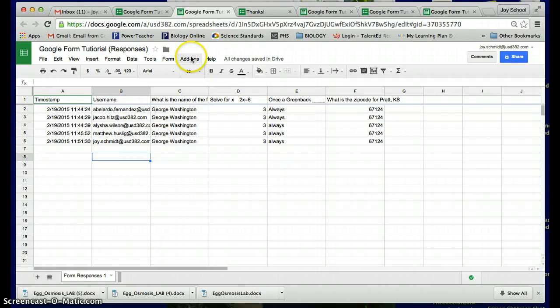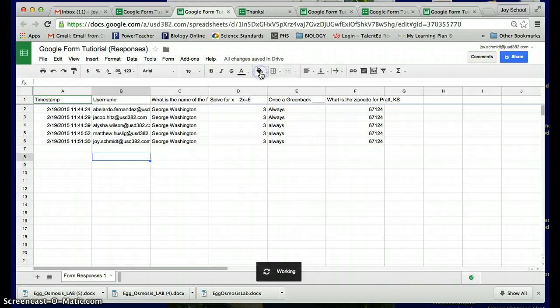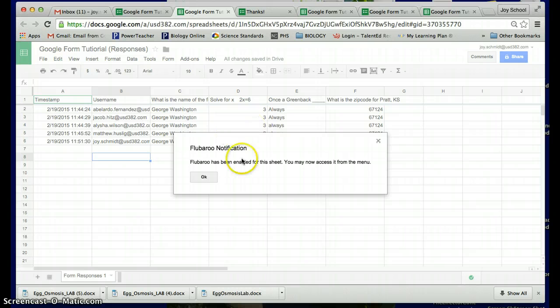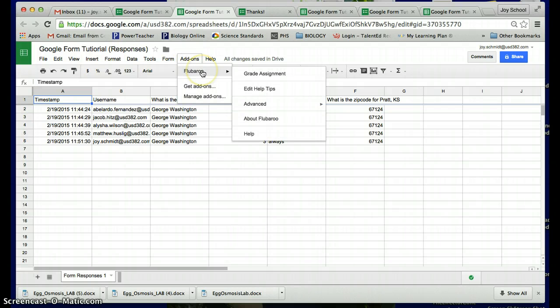From there, we're going to click on add-ons, and I already have Flubaroo on my Google. If you don't, you would need to click add-ons and then click get add-ons and search for Flubaroo. But since I have it, we're going to enable it, and this sometimes takes a second for it to do. There we have it. I'm going to click on it again, and it's going to give me a bunch of